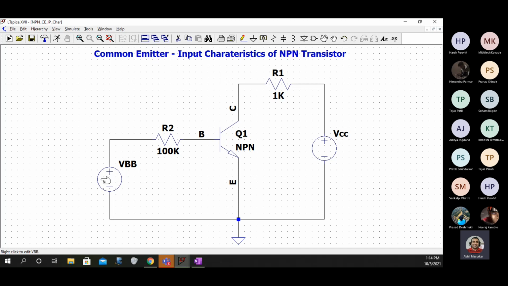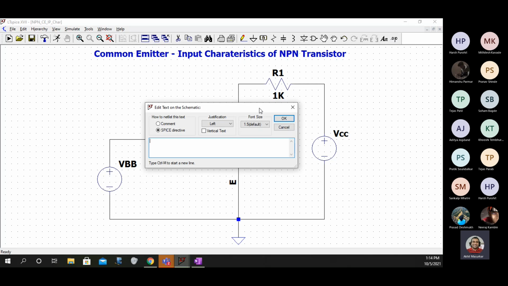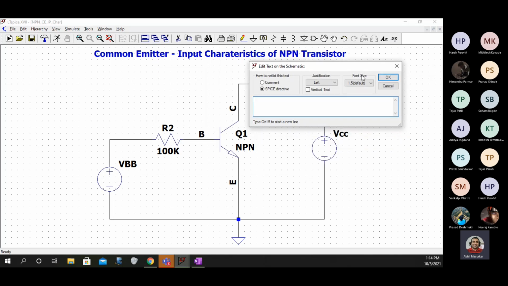Now after doing this circuit, we have to assign some value of beta to this transistor. So I'll go to the .op command and here I'll write .model. What is the name of this transistor? NPN.